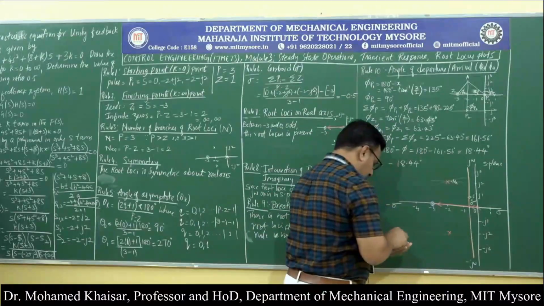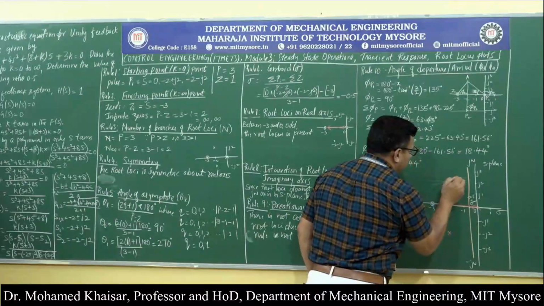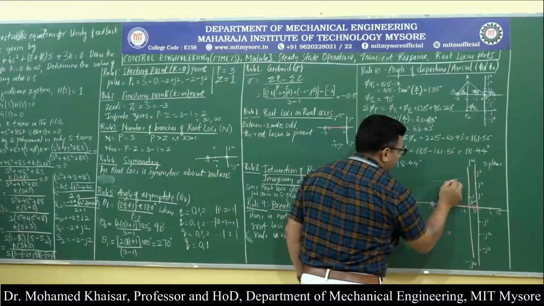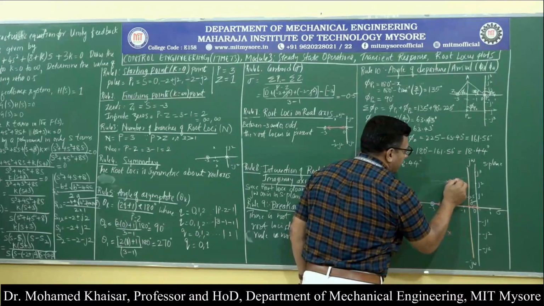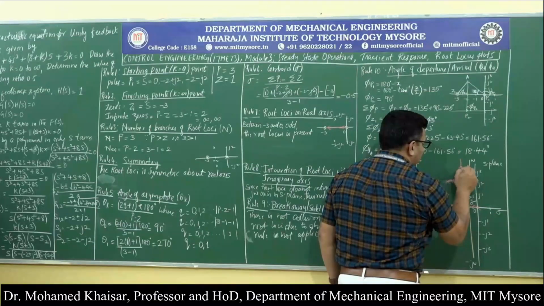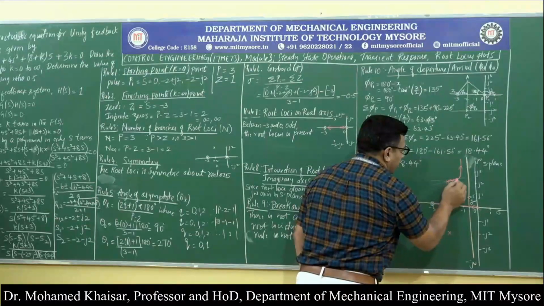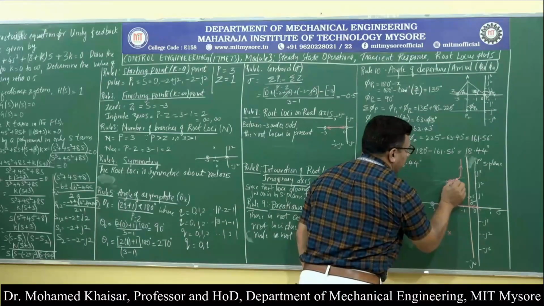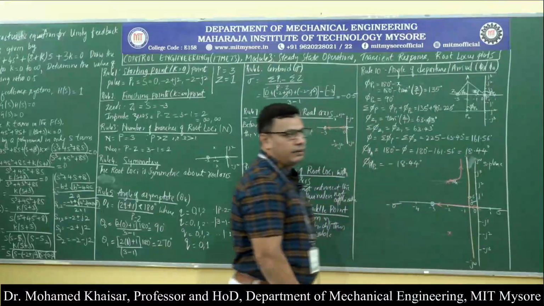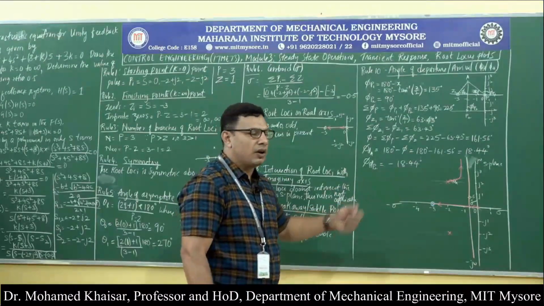So what we will do is, from here we will start, since it is a pole, arrow will be leaving it. 18.44 degrees is the line we have drawn here. So from there we will start, we will go by some distance and then we will take a curve and then start leaving it. Where is it going? It is going till infinity. Branch of root loci which has started here on this pole, it has gone along 18.44 degrees and then took a turn and started going parallel to the asymptotic straight line.